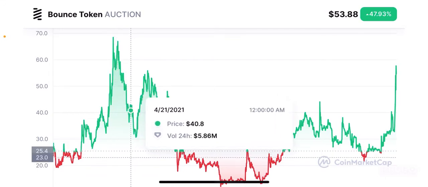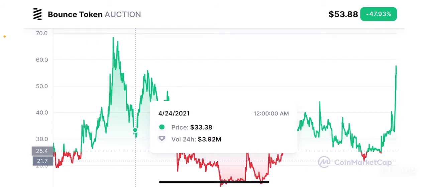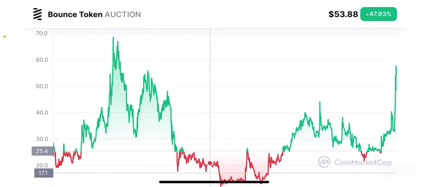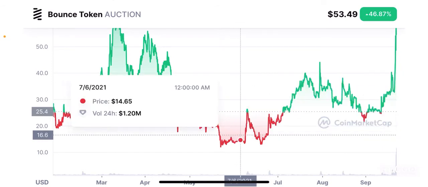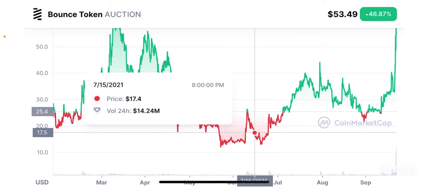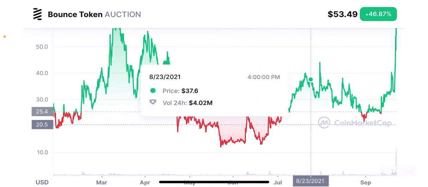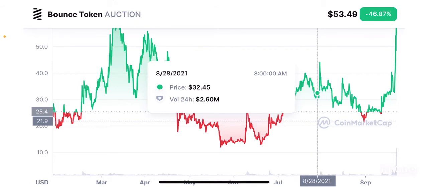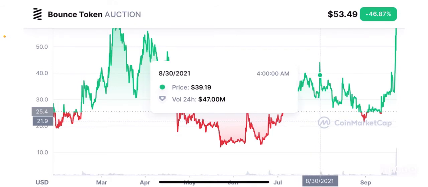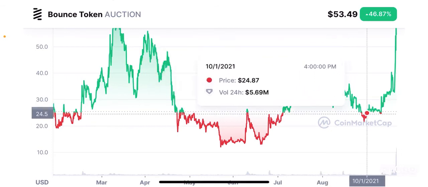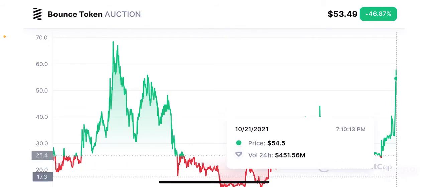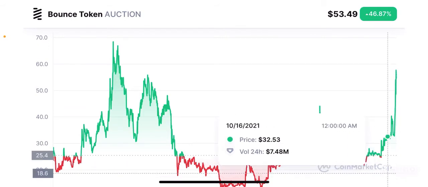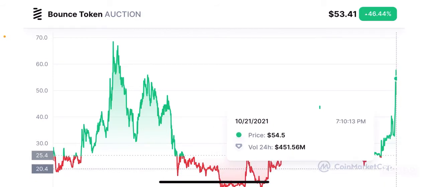But then it crashed back down, reaching the $31 mark, somewhere between $31 to $33 late April, went back up, and then made its all-time lows of about $13 to $15 per token early July this year, trying to make a comeback. It did make a comeback, reaching a relative high of about $32 per token mid to late August, and then it went back down again, and now literally it's going up, right? Literally a straight line upwards, right? It moved from $30 to $32 per token to a relatively all-time high of about $54 per token.